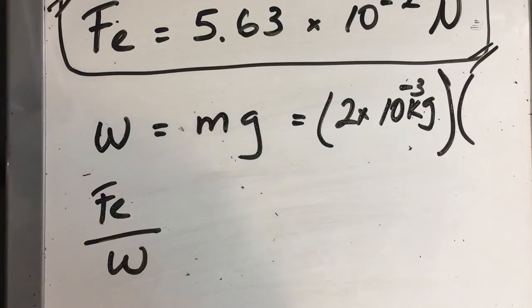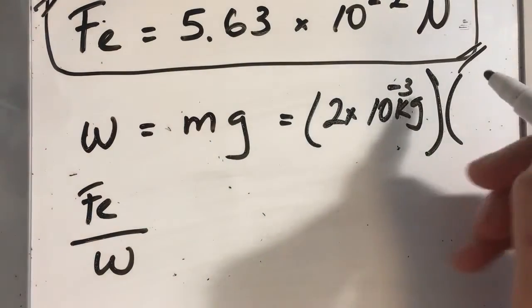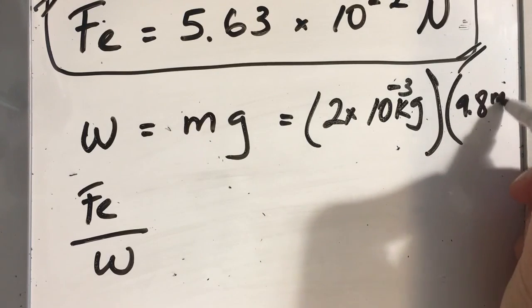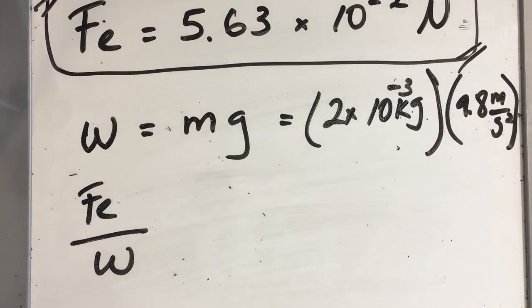And that is going to multiply the free fall acceleration, which is 9.8 meters per second squared, right there. So if I reach for my calculator and plug in my numbers, I'm going to have 2 exponent minus 3, and then times 9.8, that is going to be equal to